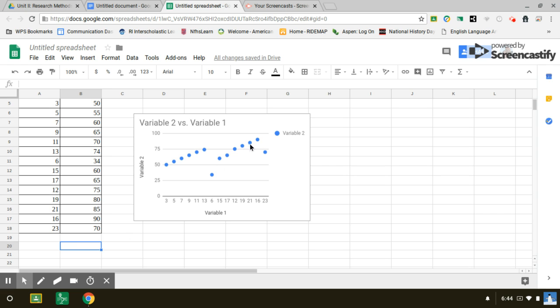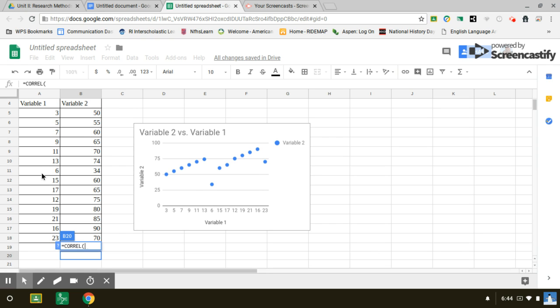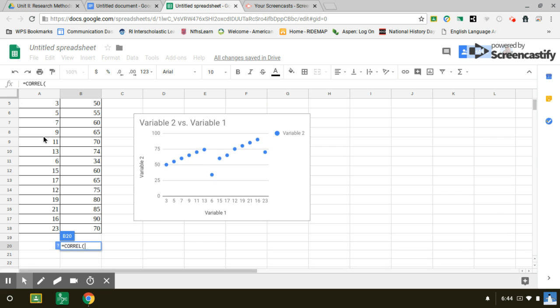We can see that it's a positive correlation, but how strong is it exactly? And here's how we do that. So we're going to open the cursor into the cell, and we're going to type in the formula equals CORR, and the autofill right here, so CORREL. Click on that, and when the equation is open, we're going to take the data from column 1,